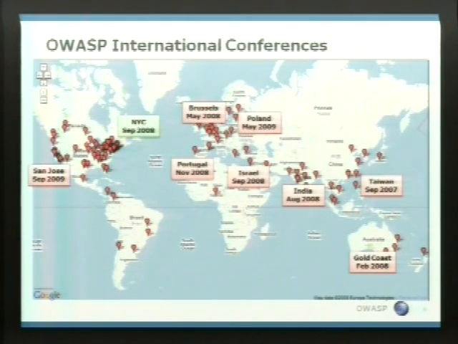So the chapters program, you can see around the world, we have over 100 chapters. And they get together once a month or once a quarter and talk about application security. I'm the conferences chair, so I'm kind of focused on all the various conferences we have around the world. So you can see in 2007 and 8 and 9, we've got a huge agenda of conferences. So we have about 6 or 7 international conferences every year.